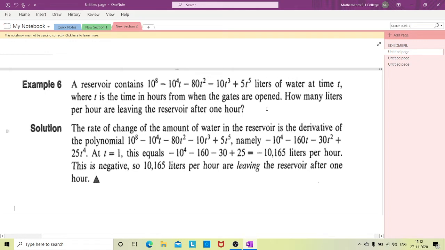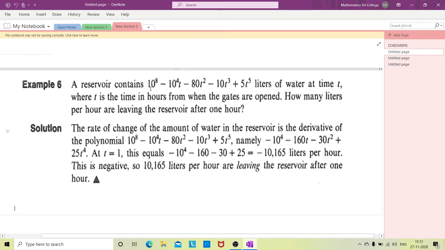So we have to find what happens after 1 hour. You can see that as time increases, the amount of water will decrease, isn't it? At t equal to 1, suppose we have x quantity of water, then as time increases, the water is flowing out, so the amount will decrease. So here we will come across a rate of decrease. So we denote this by f of t, then the rate of change of the amount of water is nothing but its derivative. So we can differentiate it.